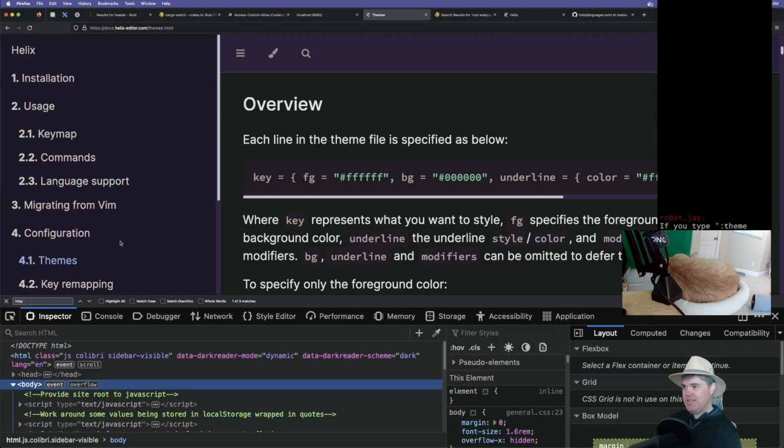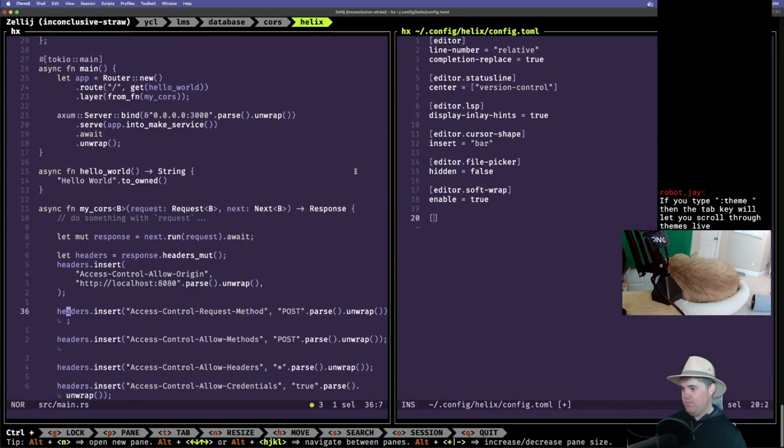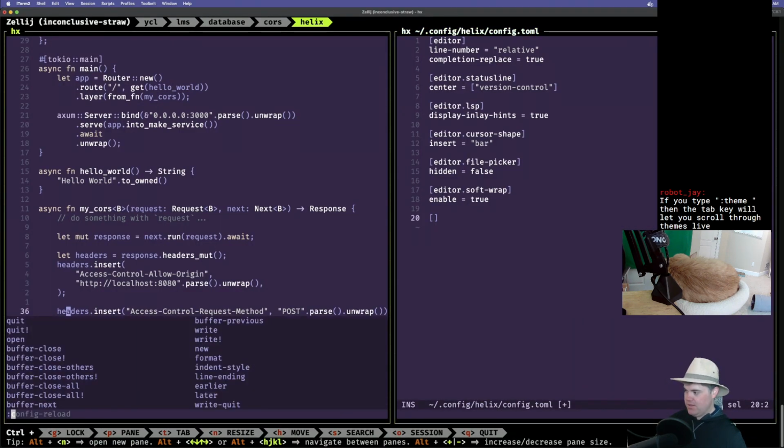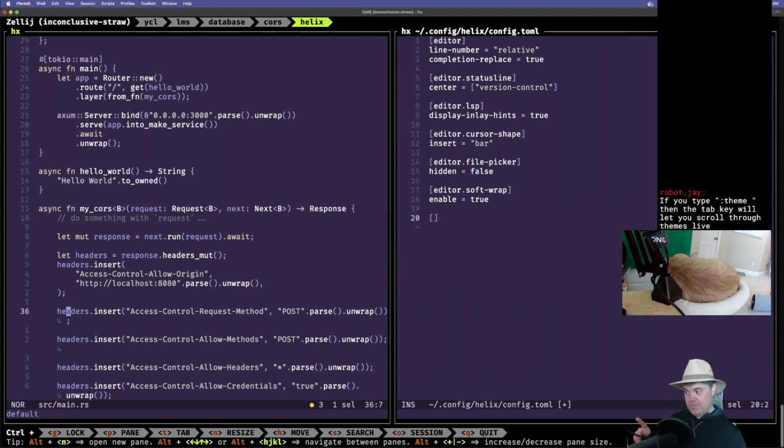What was it? It was editor.theme or is it? Oh, it's add this to the top. Okay, so theme equals name, which is probably going to be default. If you type control theme, then the tab key will let you scroll through the themes live. Okay, so come over here. Default is the only one that we have. Okay, now